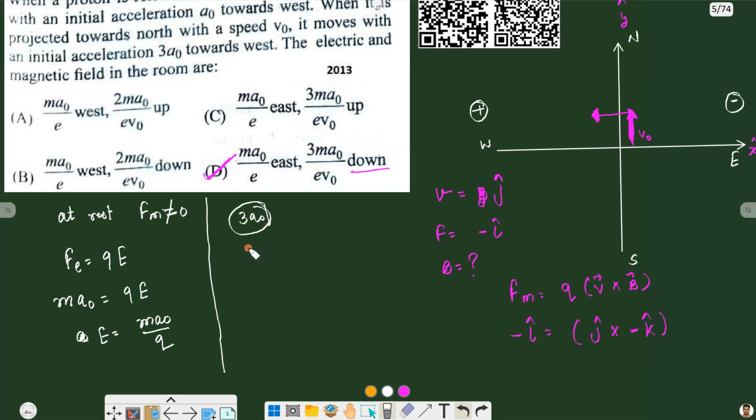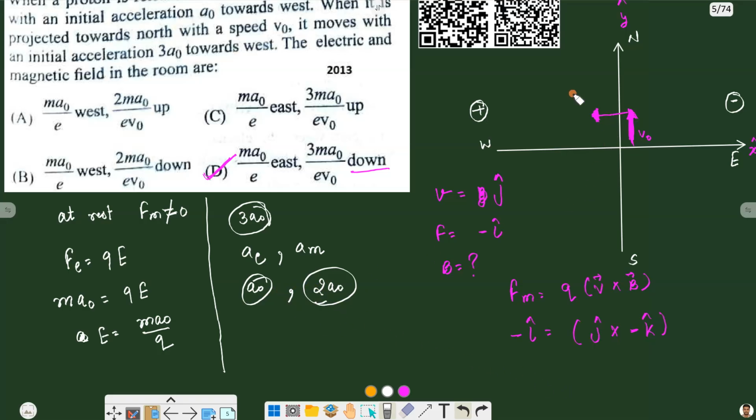We have acceleration due to the electric field and acceleration due to the magnetic field. Out of this 3a node, a node is due to the electric field and the remaining 2a node is due to the magnetic field,